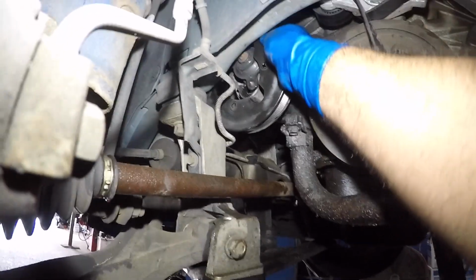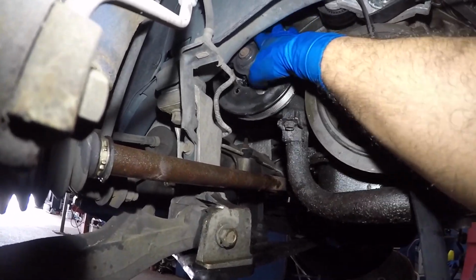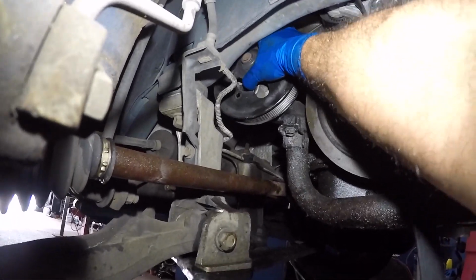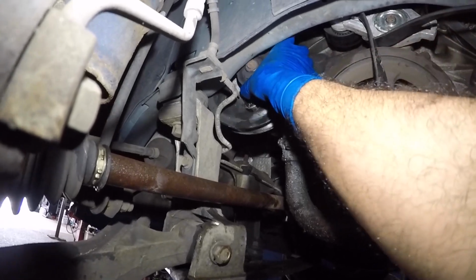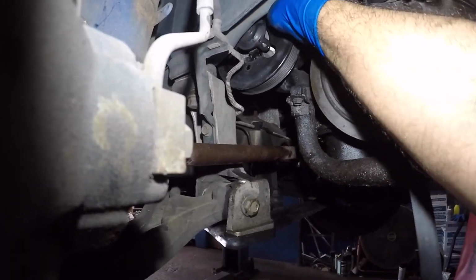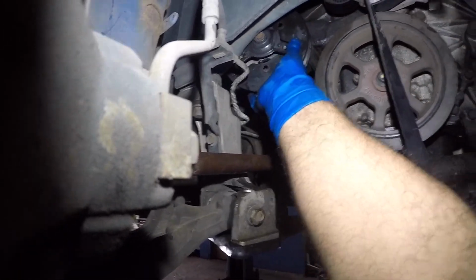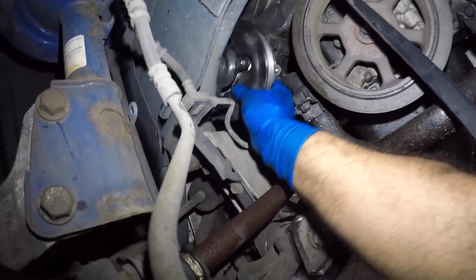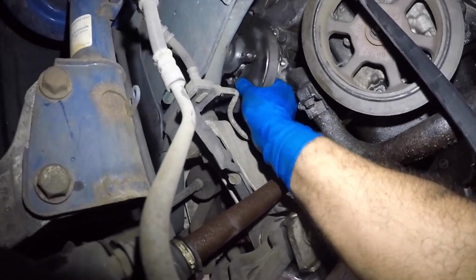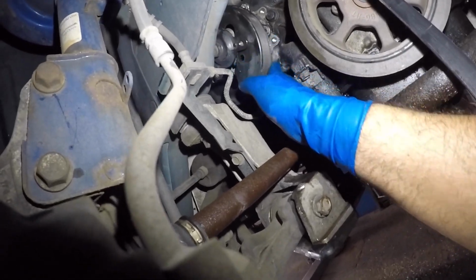Okay, so everything is loose. Let's get this pump and the pulley sitting in there. So I guess that's how they designed it, for the pulley to sit inside the pump. And I don't think we still have enough clearance, because the pulley has a propeller in the front and you don't want to damage that stuff either. So there has to be a way